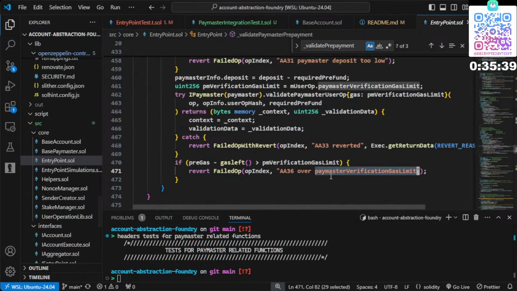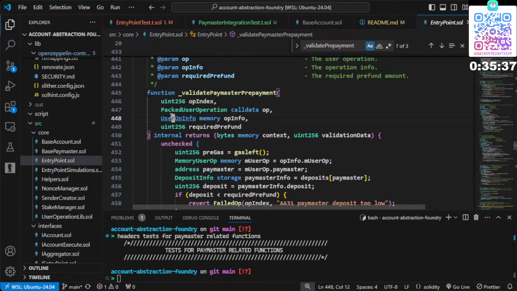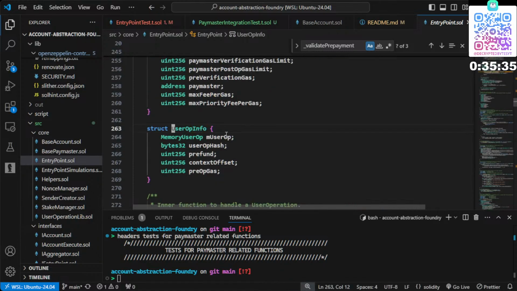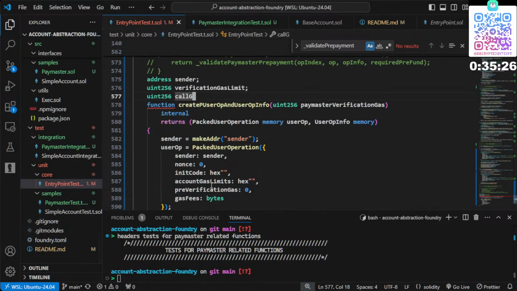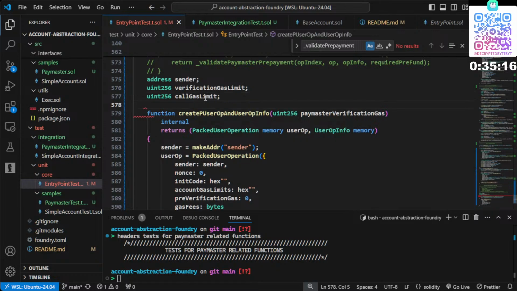I need to check the actual names, not values. Call gas limit, verification gas limit, pre-verification gas. Do we have, yes, we have that correct. Call gas limit, pre-verification gas,